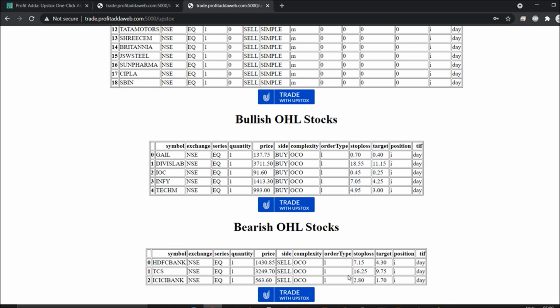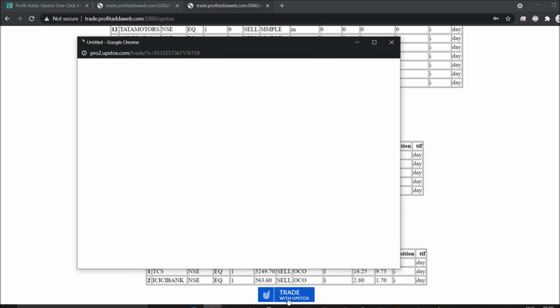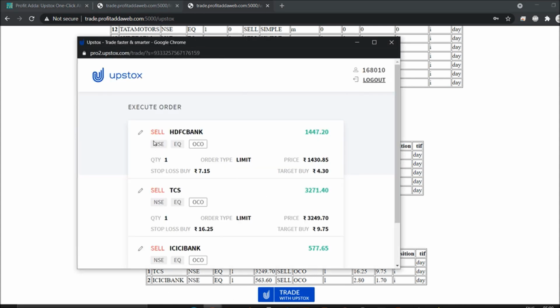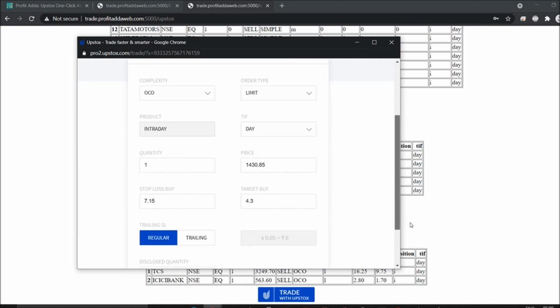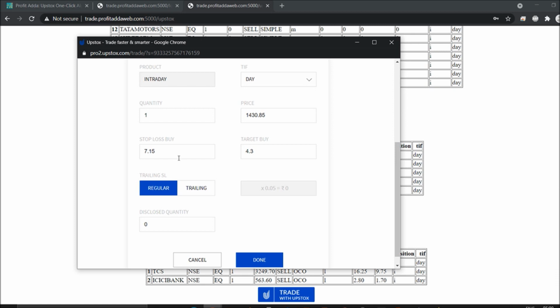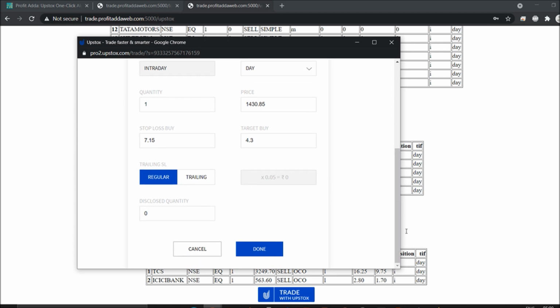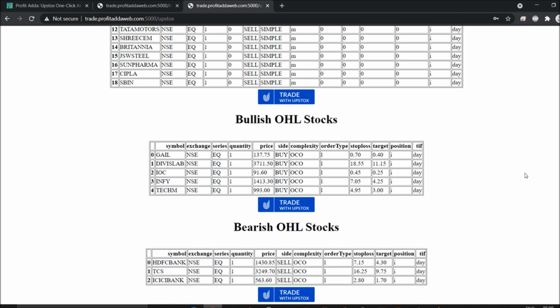If you want to change the target as per your wish, you can just edit things and change. If you want to sell and further keep these targets, you are very much welcome. You can keep the target and stop loss as per your wish and try, otherwise you can keep the default and check around. This is integrated with our Upstox, so you can open your Upstox website, log in with your credentials, and change around whichever you want. This will be pretty easy stuff.